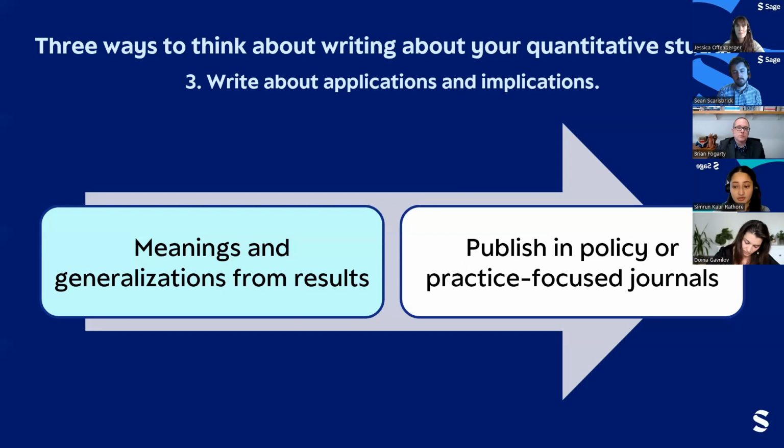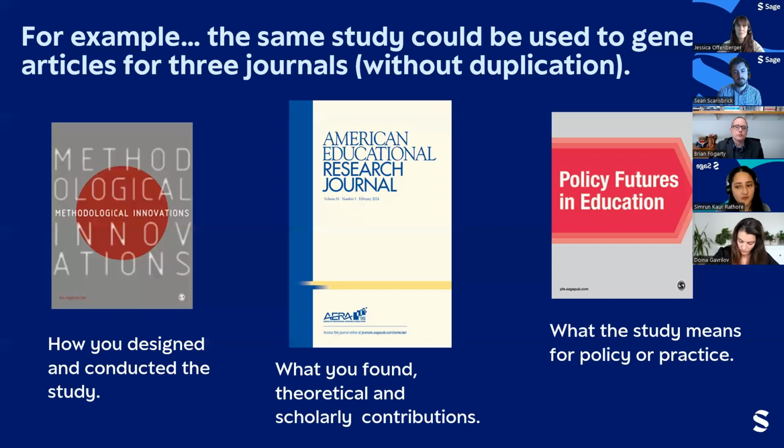And then finally, when you want to discuss the wider impact of the study and what can be taken away overall, policy or practice-focused journals would be the best choice, as they focus on publishing policy and theoretical issues, concepts, and the actual semantics of research. Consequently, the same study could be adapted in different ways for different types of journals, obviously taking into account splitting and duplication issues, but by altering the perspective through which you're discussing and presenting your study, it could be suitable for readership in different ways.